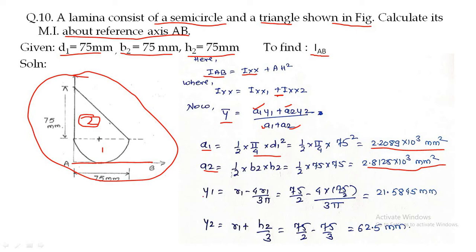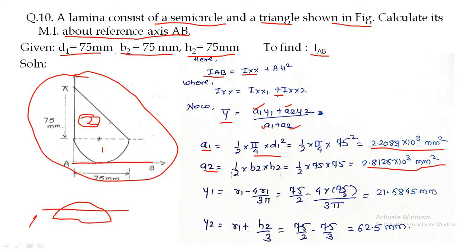Now pay attention. You may get confused over here, so pay attention properly. What is y1? y1 is the position of the horizontal centroidal axis of the semicircle. To understand better, pay attention over here. I have told you this while we were learning the formulas in the first or second lecture. Suppose this is a semicircle, and the horizontal centroidal axis of the semicircle will pass in this way.